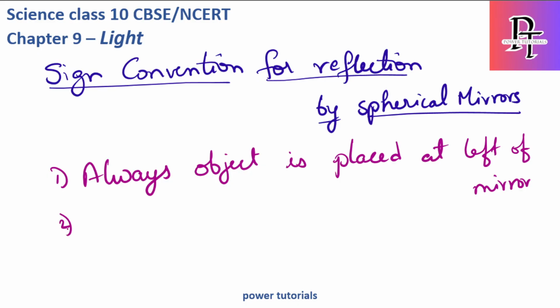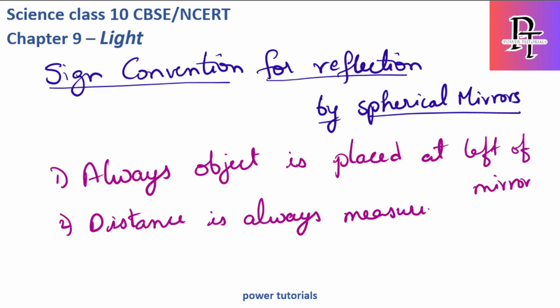Second, distance is always measured from pole, either can be left side or right side. Okay, third,